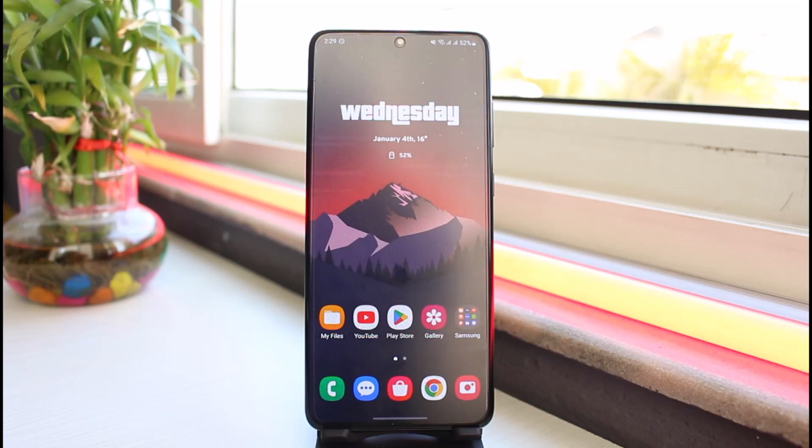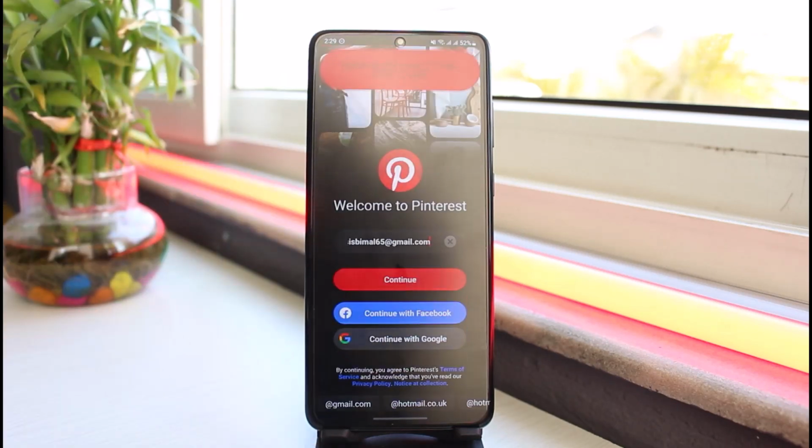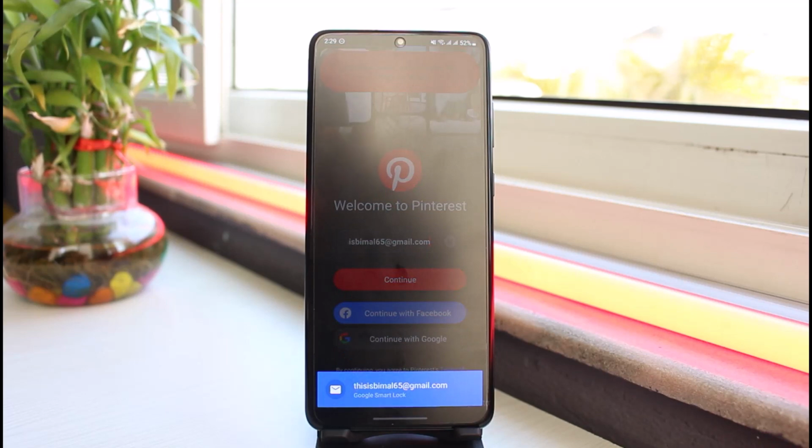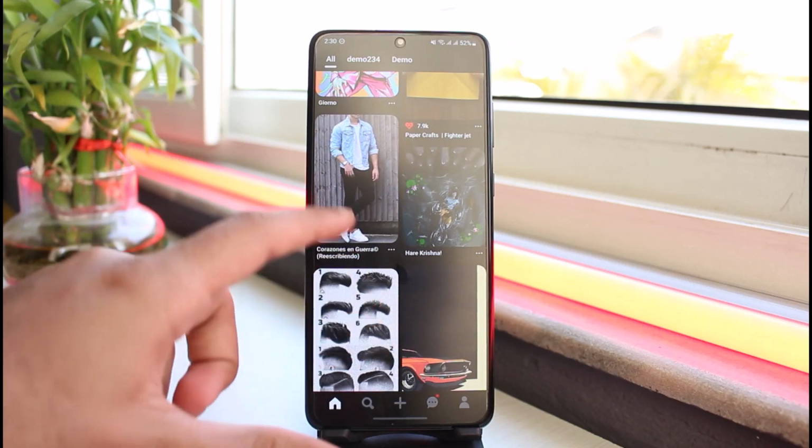In today's video, I'll show you how you can post pictures on Pinterest. So to do that, first of all, open the Pinterest application on your mobile device. And once you've done that, make sure you are logged into your Pinterest account. Now once you're logged into your Pinterest account, as you can see, these are all of the different pins on